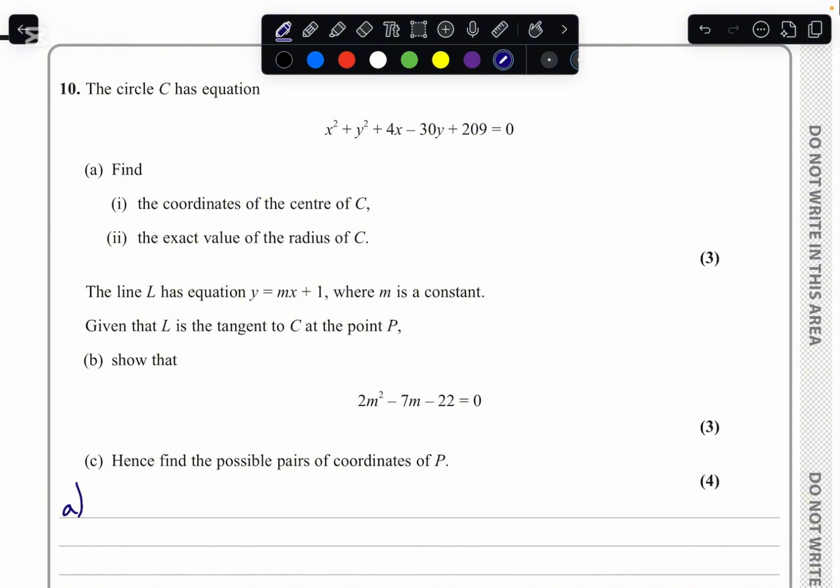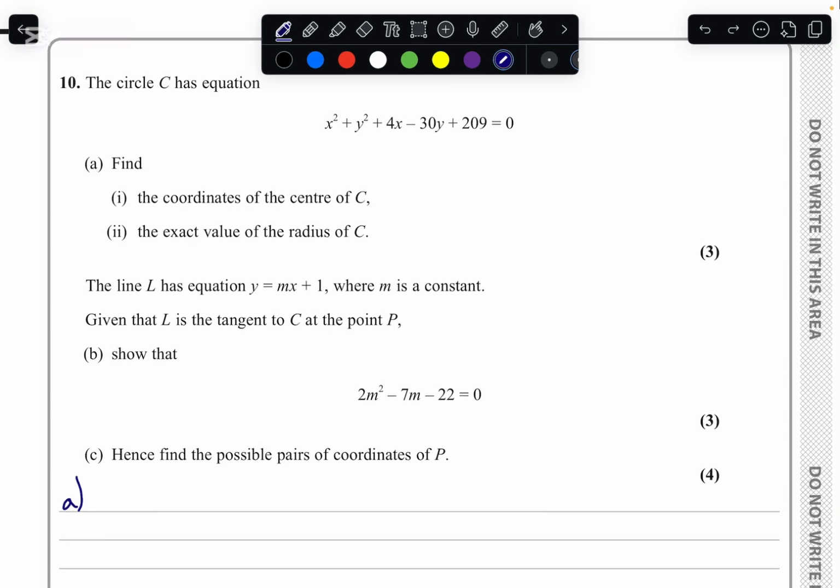Question 10. We are told that the circle C has equation x squared plus y squared plus 4x minus 30y plus 209 equals to 0, and we need to find the coordinates of the center of C. So first off, I would just find the equation of circle C, because as is, it's not very tidy. So we will do completing the square for x and for y to get only two squared brackets, one for x and one for y, leaving us with some values that we will take over to the other side, which will be the radius squared. So if we go ahead and do that to make it more clear,